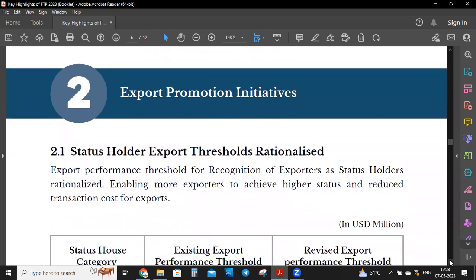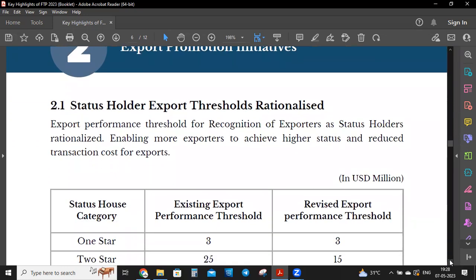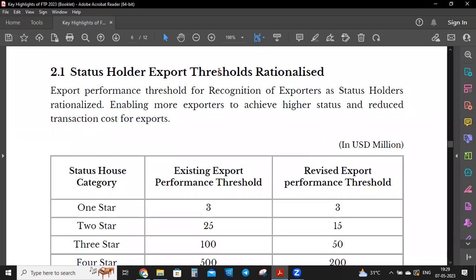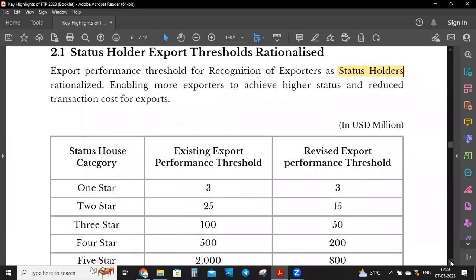Okay, export promotion initiatives, status holder export threshold rationalize। So export performance threshold for recognition of exporter as a status holder। तो फ्रेंड्स स्टेटस होल्डर इज ए वेरी इंपॉर्टेंट टॉपिक। यहाँ से आपको फ्रेंड्स एक नंबर का क्वेश्चन जरूर आएगा, सो यू शुड रिमेंबर दिस। Rationalizing enable more exporter to achieve higher status and reduce transaction cost of export. सो लेट्स सी स्टेटस होल्डर।